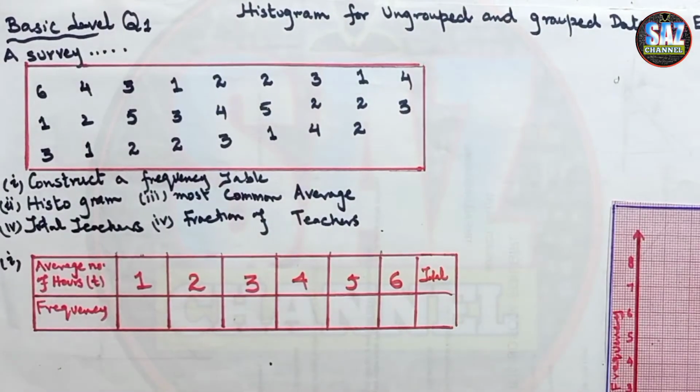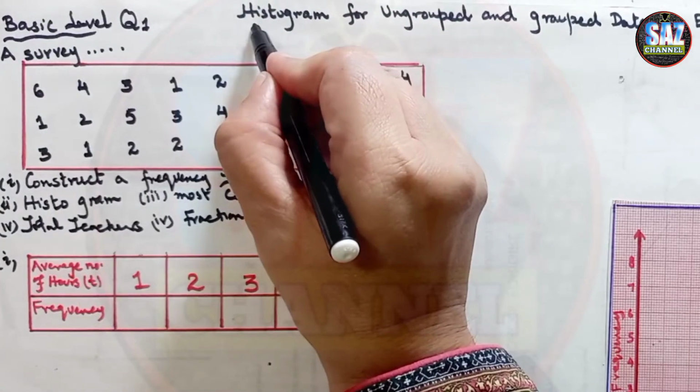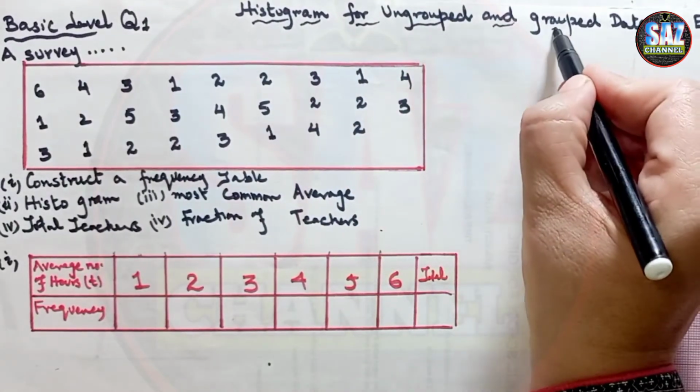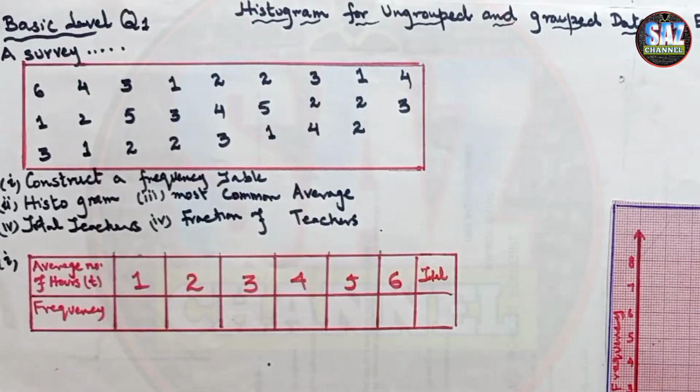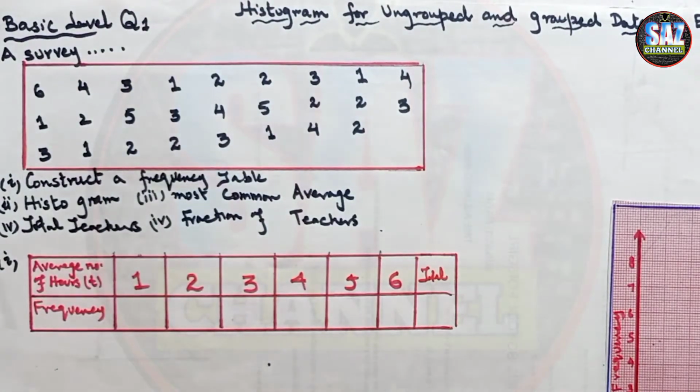This is my third lesson of D2, chapter number 16, exercise 16B, that is about the histogram for grouped and ungrouped data. Before moving to the lesson, I hope you have watched the previous lesson carefully and you are clear about what is histogram, what is grouped and ungrouped data, and how to construct the frequency tables. These are the questions which have to be really clear to all of you. So all those students who have missed the previous lesson or they are catching us late, they have to watch and understand the previous lesson so that the next lesson will become easy for these people.